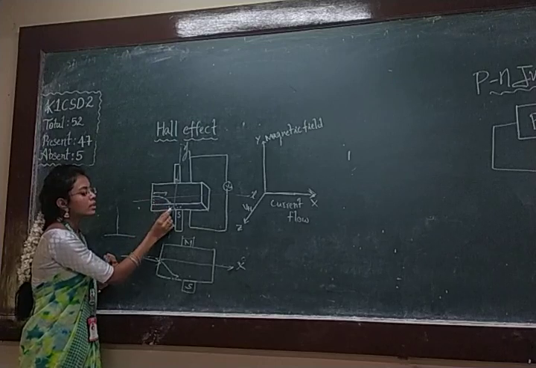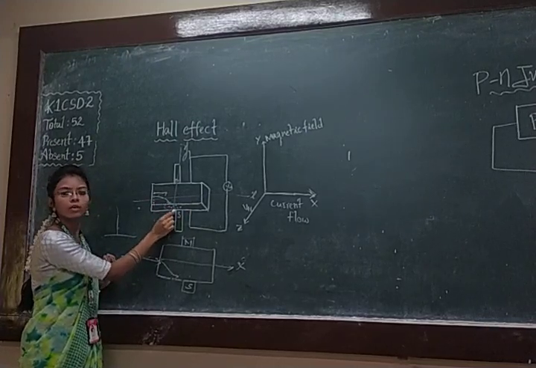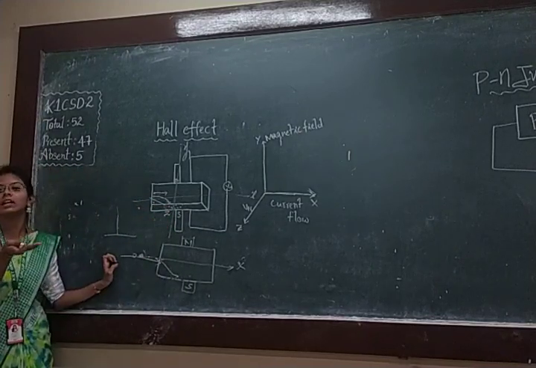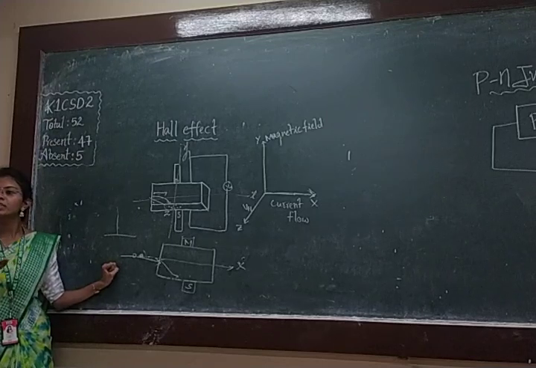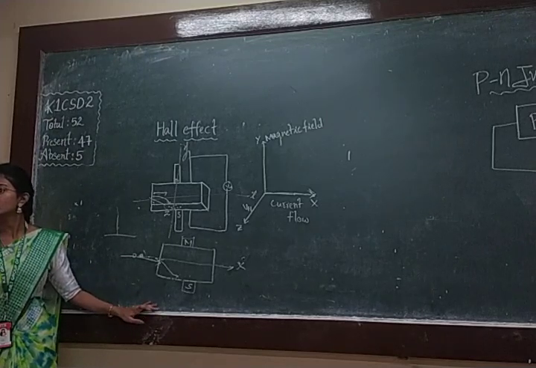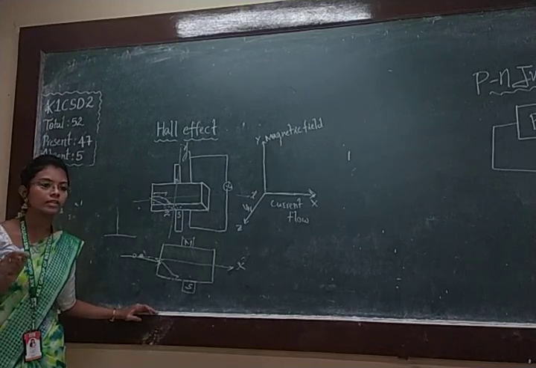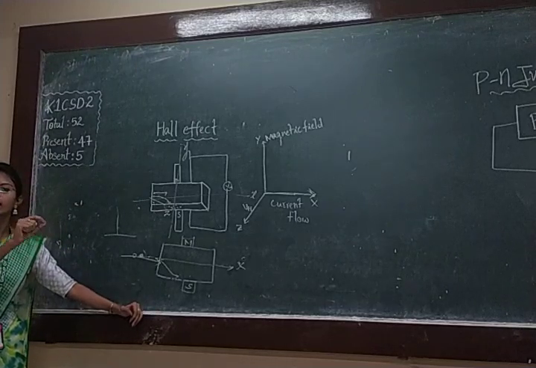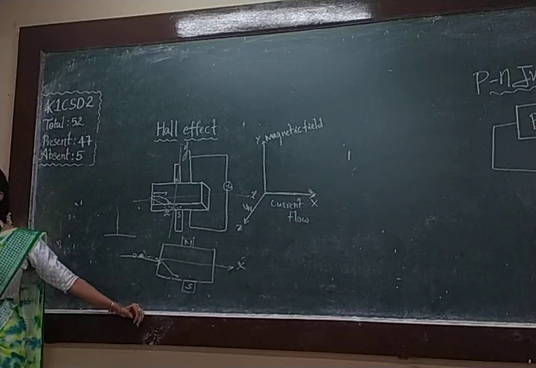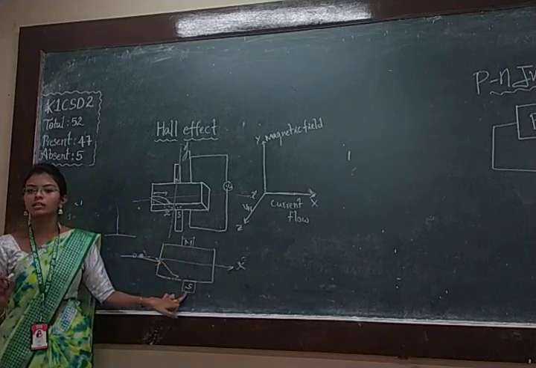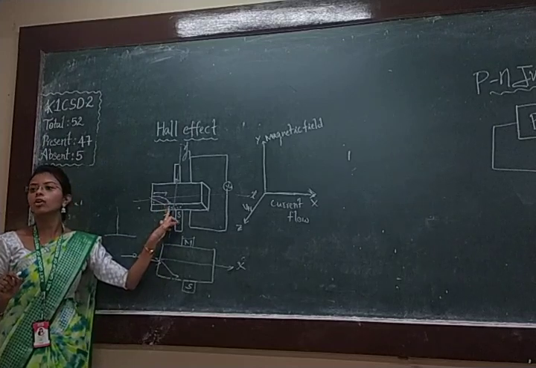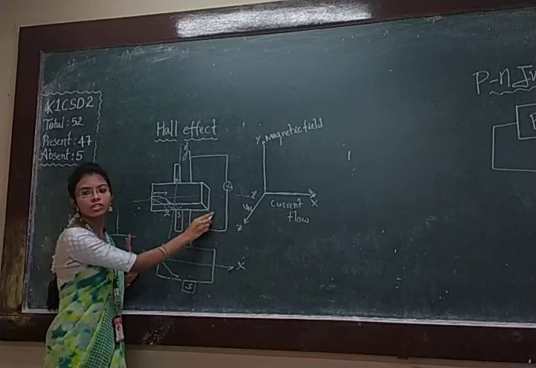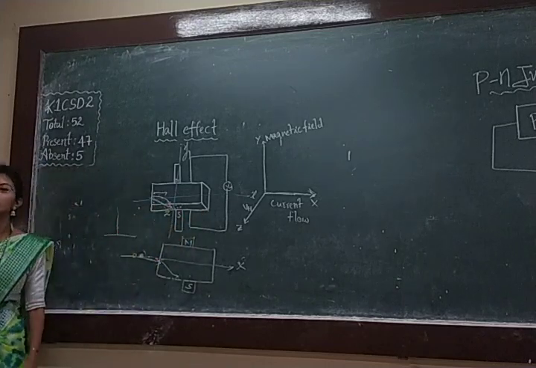If you observe here, some of the holes have come to only one direction. Imagine this is the z direction. It has deviated to the z direction. Understood till here? Yes. First, without any external field, our electrons or holes moved from one side to the other side in a particular one direction. But when you place the external magnetic field, what have you observed? The electrons or holes have deviated their direction. Actually, they have to go in the x direction, but they have deviated to the z direction.